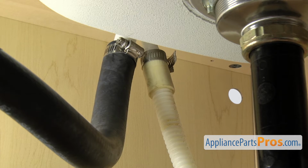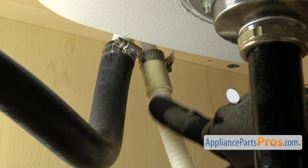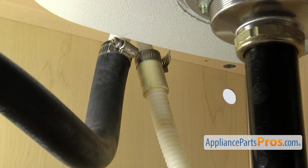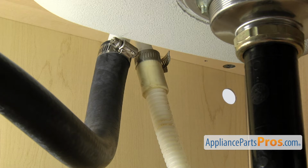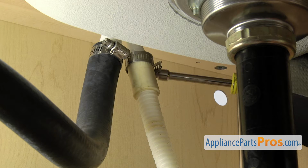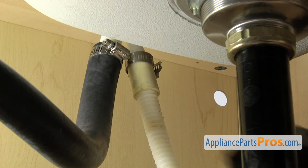To take the drain hose off, you just want to follow it up to wherever it goes. It may go to the garbage disposal. Ours goes up to the air gap. Once you locate the end of it, we're going to take a 5/16 nut driver and loosen up the clamp. Once you have the clamp loose, you can pull it free